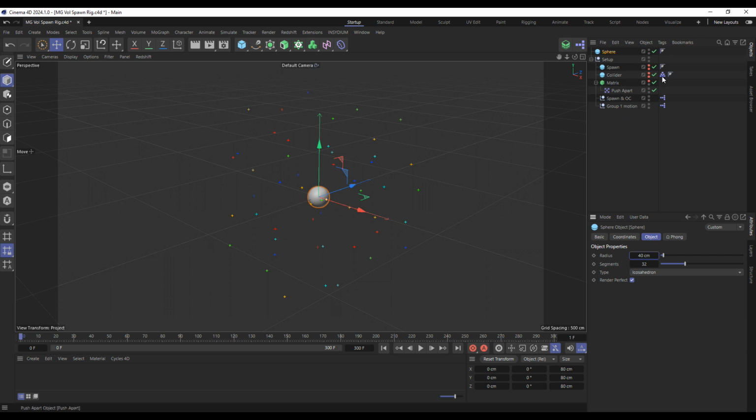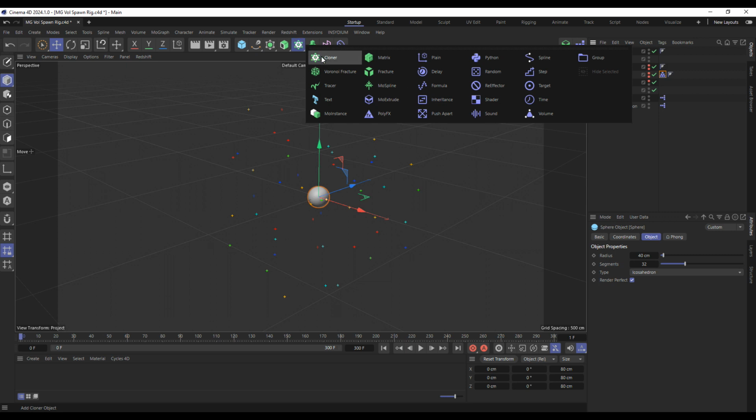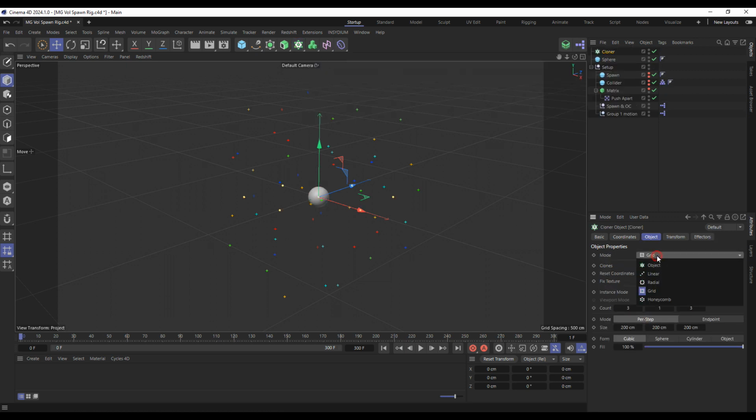Oh yeah, the other thing I've done is added to the collider. It's now got a collider tag with just the back side selected. So these spheres, we are going to use a cloner in object mode, and